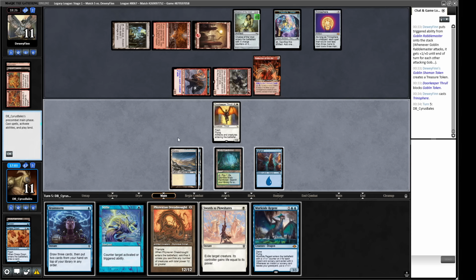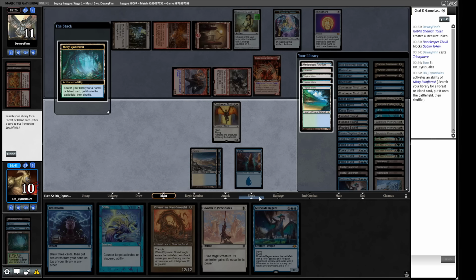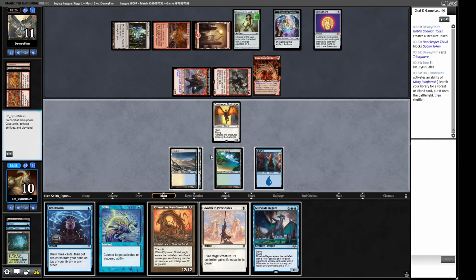Murktide Regent. 1, 2, 3, 4, 5, 6. So we do have to crack this Misty Rainforest, I believe. 1, 2, 3, 4, 5, 6. Yeah, we do have to crack this Misty Rainforest. So we'll go and get ourselves... We could get the Meticulous Archive here, but I think we want the Tropical Island, because if we do somehow survive this turn...